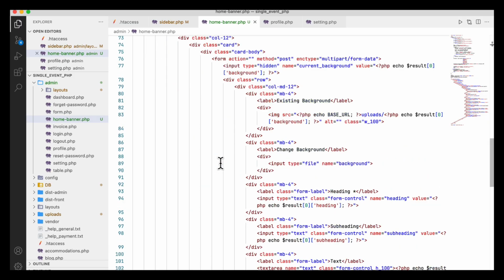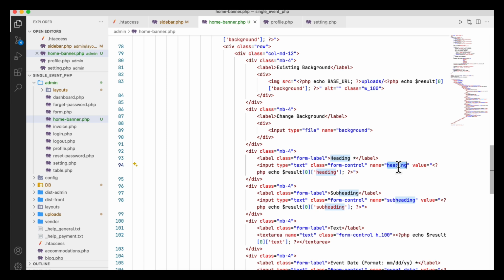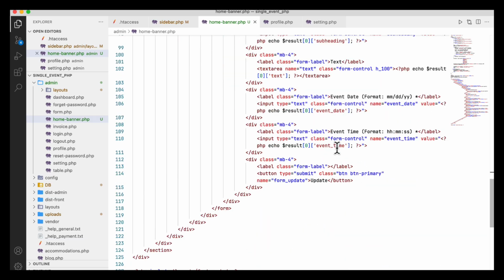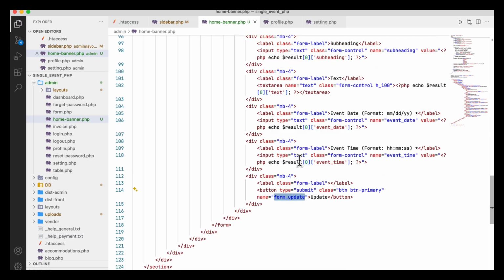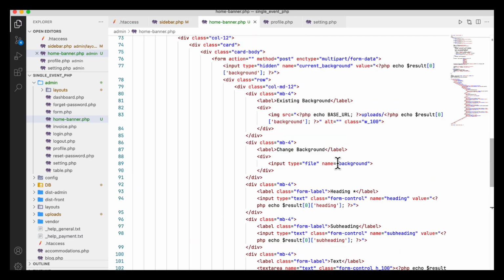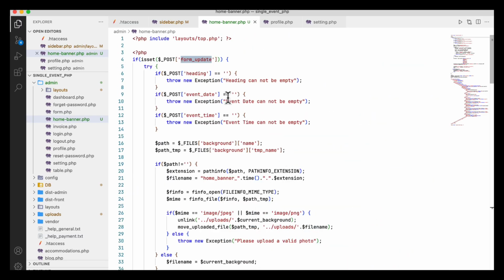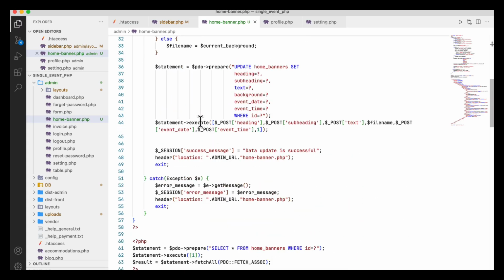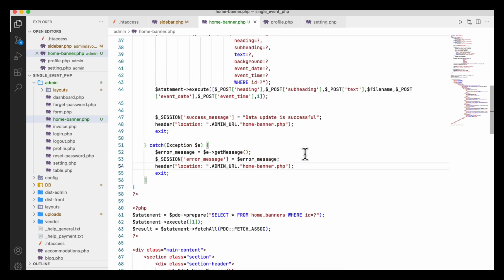So post of heading, so let's check if there is a post of heading. Yes, echo result heading. So this is my post of heading. So if a person submits the data using the form update and multipart is also okay, it should work here. That means the throw exception is happening here and it will come back to here. So error message equal to error message exception, and then it will be loaded to the home banner.php and then